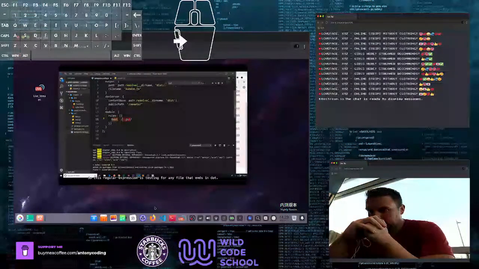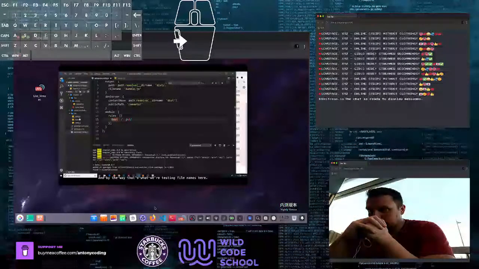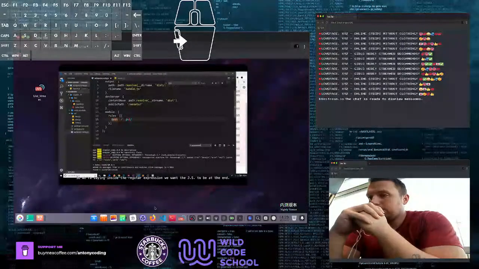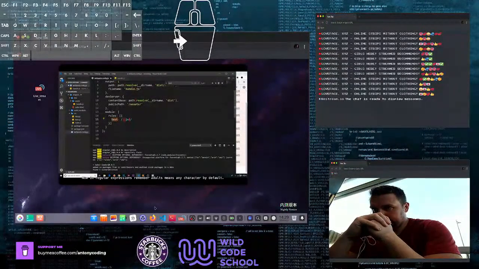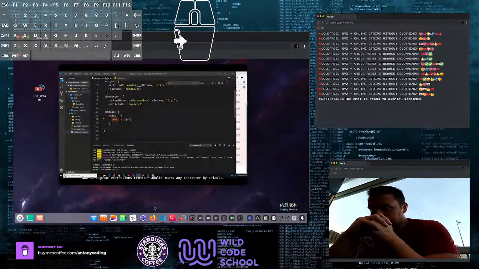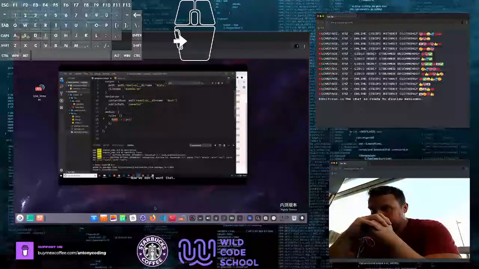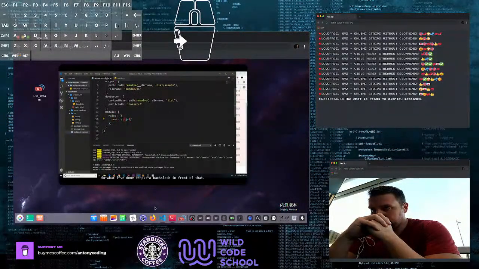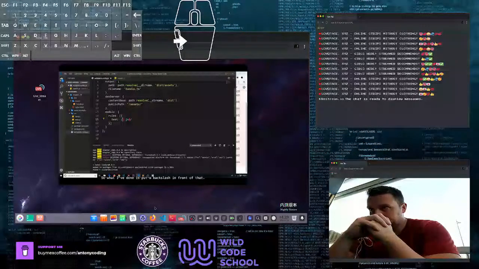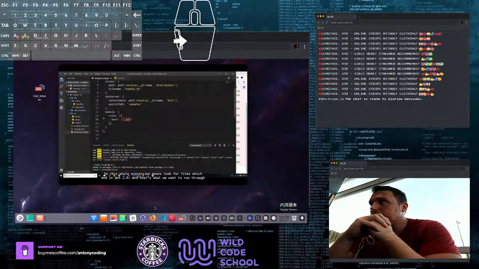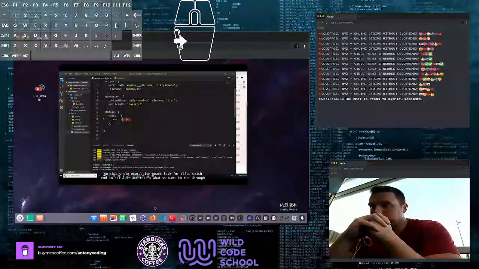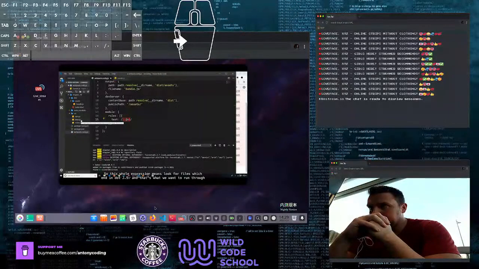And by the way, that's what we're testing, file names here. So we're saying inside the regular expression, we want the JS to be at the end. That's what the $ sign means, at the end. And right here we have a dot. Now in regular expressions, remember, a dot means any character by default. Now we don't want that. We want this to be the literal dot. So what I've done is put a backslash in front of that, and when we do that, it escapes the normal behavior of this thing, and now it means a literal dot. So this whole expression means look for files which end in .js, and that's what we want to run through